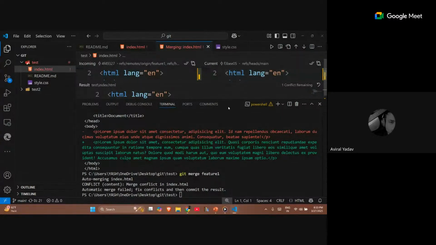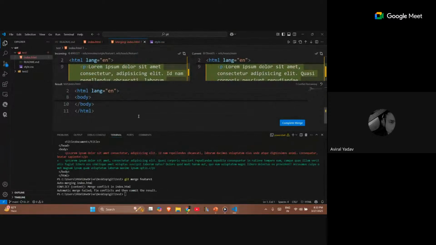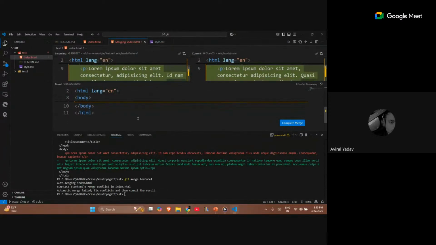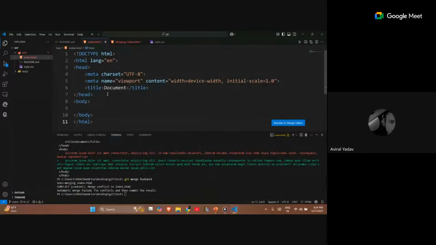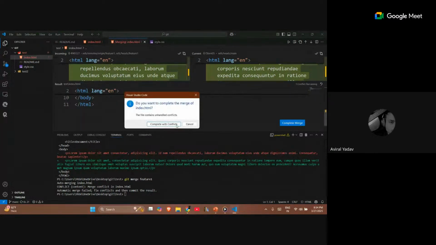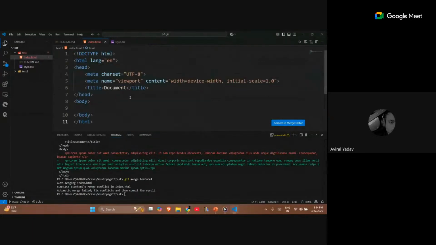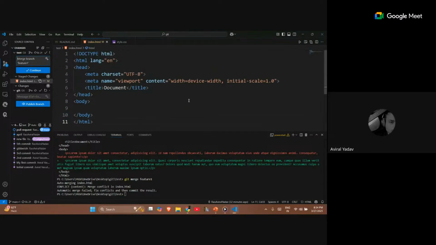Now you guys can check it on your own devices. It would be easier for you. You can just compare over here which one you want to keep and which one you don't want to keep. I'll just move out of this editor. I didn't resolve this. Let's just complete the resolution: close with conflicts, and do not ask me again. So you can see all these conflicts are there, and I didn't continue to choose a particular way to resolve it.